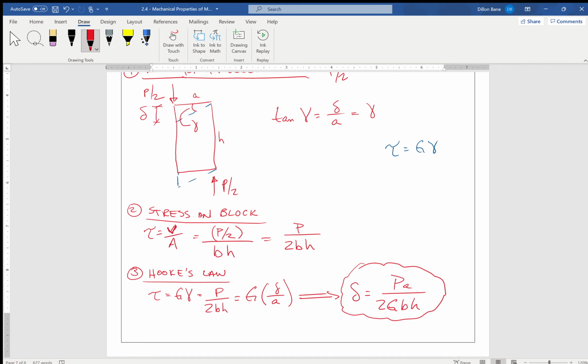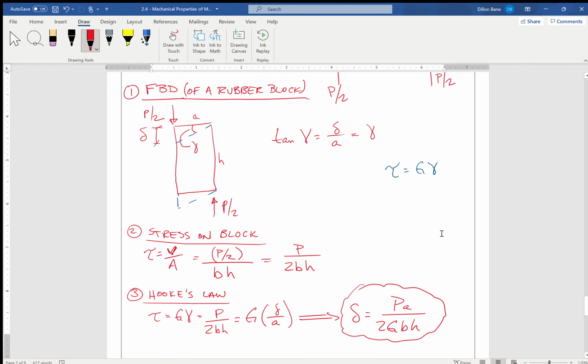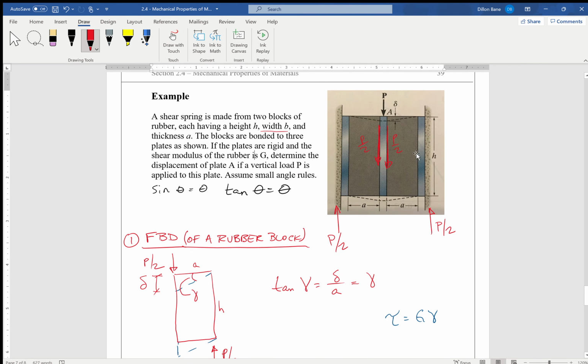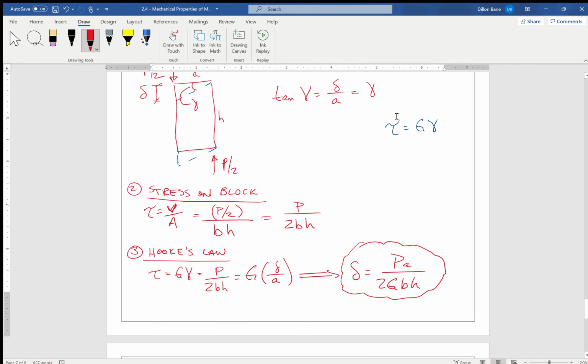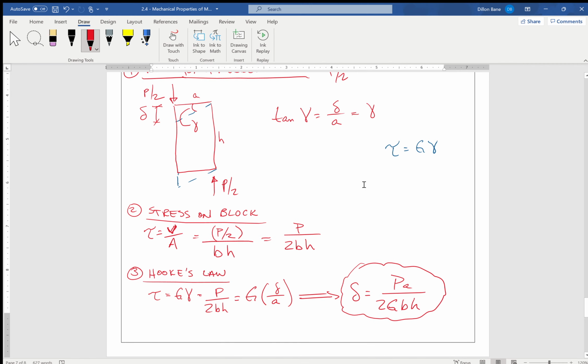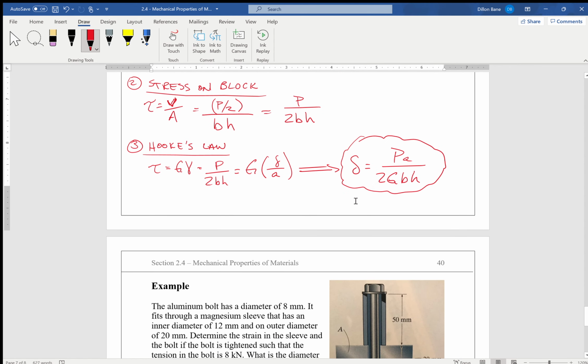All right. So in this scenario here, if we actually knew what force was being applied and we knew the physical dimensions of our rubber block and our plates and everything, we could calculate how much this shear spring would deflect. And it would be PA over 2GBH. Okay, so that concludes that example. And now we're going to move on to our next example,